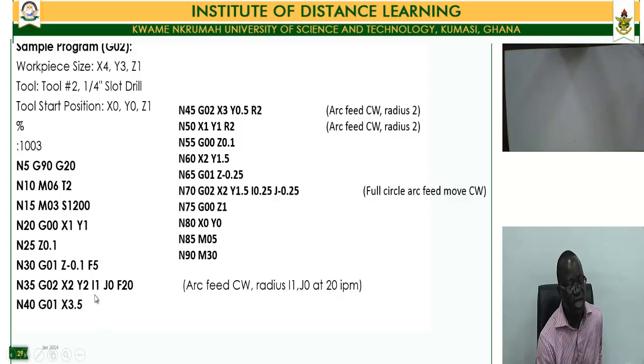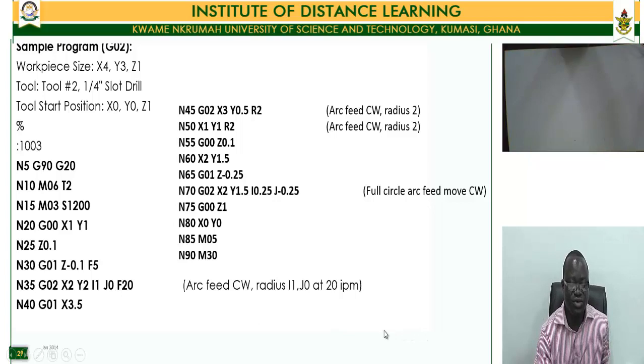Then if you use another command, J01, it is going to do a linear move instead of a circular interpolation, which is J02. So that is an arc feed to x2, y2, with an arc radius of 1. Okay, now if you use this command